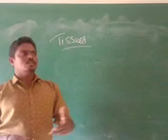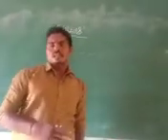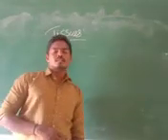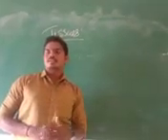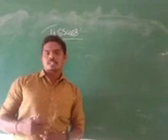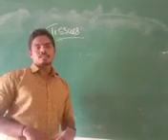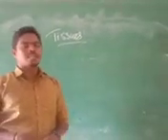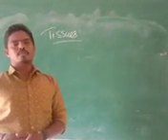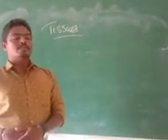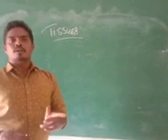Coming to complex tissues, I told you there are two types: xylem and phloem. Xylem tissue contains three elements: xylem parenchyma, xylem vessels, and tracheids, which are used for carrying water from the root to all parts of the plant. Phloem has three types of cells: phloem parenchyma, companion cells, and sieve plates. Phloem is used for carrying food from the leaf to all parts of the plant, and xylem is used to carry water from the root to all the leaves.